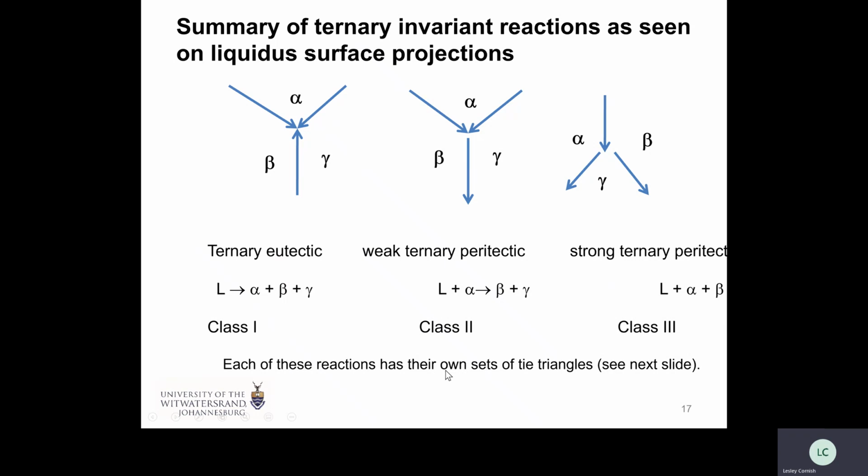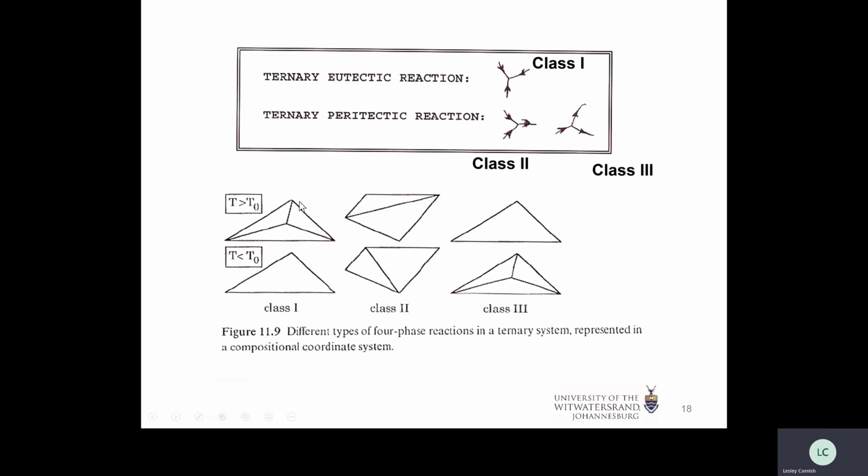And each of these reactions has got their own set of tie triangles. So if we look in here, class 1, it's got 3 binary eutectics, well on this one, binary eutectics coming in together to form a 3-phase solid region. With this one, class 2, it's got 2 reactions coming together above the invariant reaction. And then what you do is you leave a 3-phase solid region behind. This one goes off. And then class 1, it's usually a eutectic, and then it splits off to form that phase of that composition, that peritectic phase. And then here's the